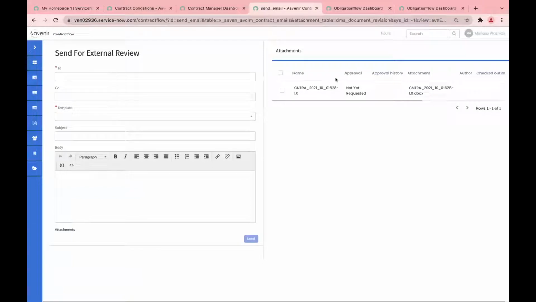So this will actually send the contract document in the Microsoft Word docx format, right? That's how you typically send contracts to external people, because they still review contracts in its Word format, right? So here's the version 1.0, the docx that the system has just generated, and